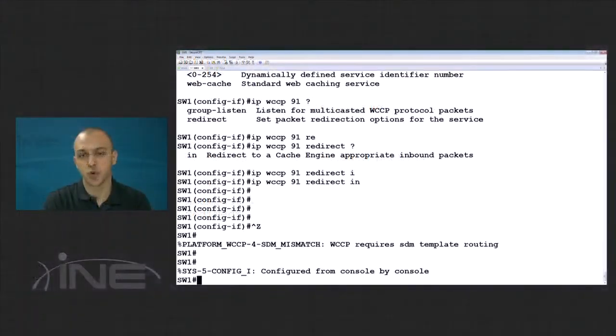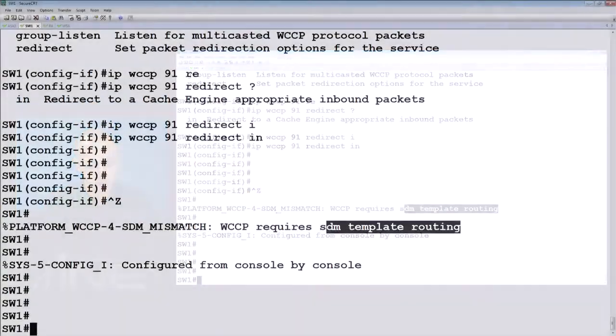Now, based on the switch model you're running, you may receive an error message, which is this one in here, saying WCCP requires SDM template routing. So based on the switch code you're running, you may get this error message or not. What this means is that WCCP is not supported with the current SDM template. What the SDM template does is it basically assigns resources of the switch to certain functionalities. So if we do show SDM